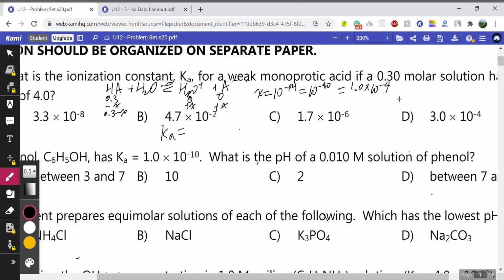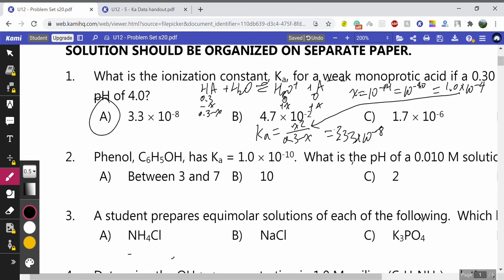Ka is equal to x squared divided by 0.3 minus x. If we plug into our calculator, 1.0 e to the negative fourth squared divided by 0.3 minus 1.0 e to the negative fourth, that will give us 3.33 times 10 to the negative eighth,